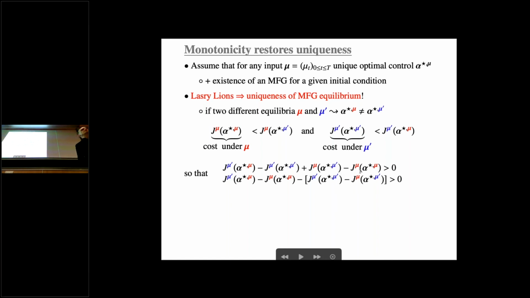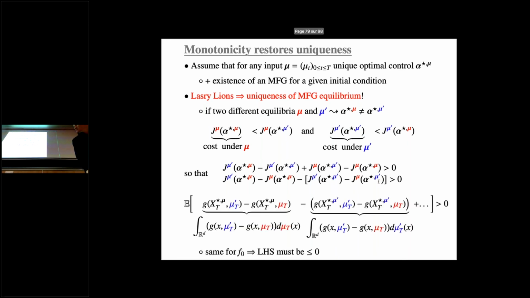So you see this is mu prime mu, minus mu prime, plus mu prime, minus mu. And the sum is strictly positive. You rearrange a little bit. So you see that mu prime mu, I put minus mu, which is the last one, and mu prime with a minus, and you say minus mu prime. So this is just a bit of rearrangement. And you write down explicitly what it means.